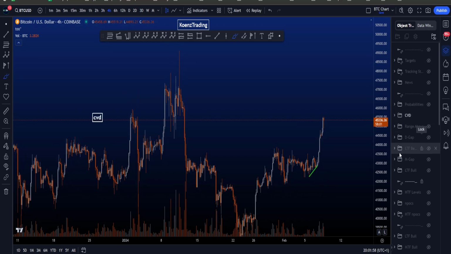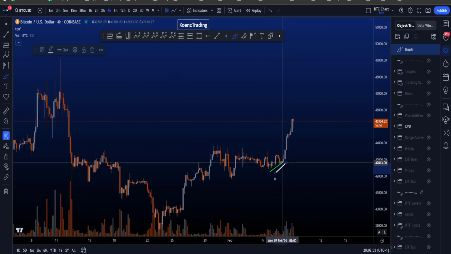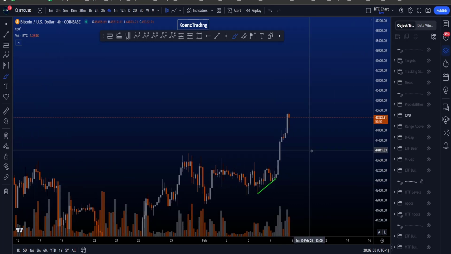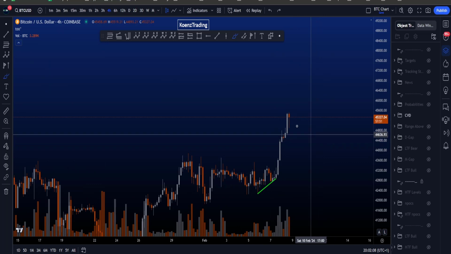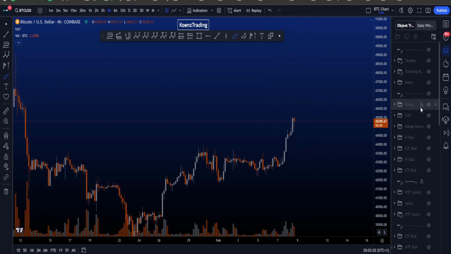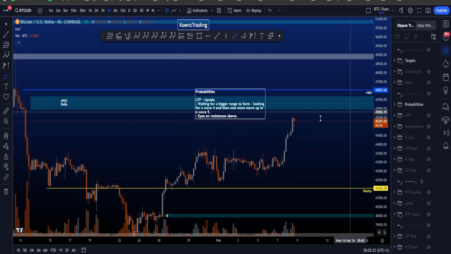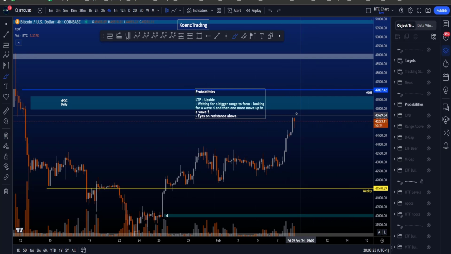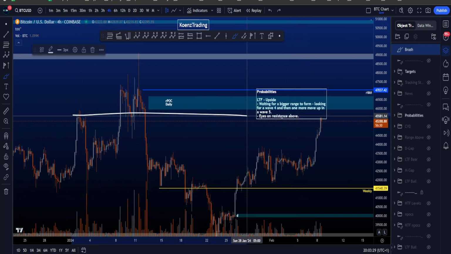is very interesting indeed. We did have a bit of bullish CVD divergences here, higher low in price, lower low on the CVD, and at the moment there's not really anything going on the lower time frames. We definitely need to wait for price to range, and if we then look at the probabilities of the different scenarios, then we are still looking for price to move towards the upside. Yes, we are at a little bit of resistance here. We have the golden pocket, we have the daily gap that is filled, and that one line, the support resistance